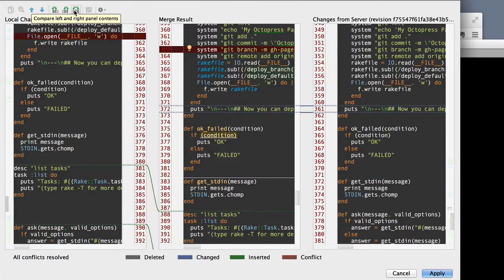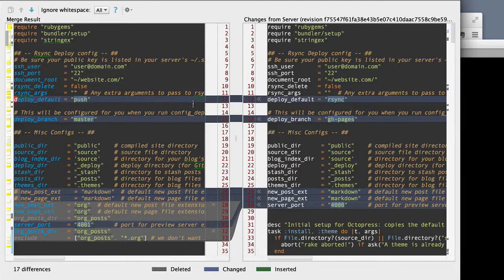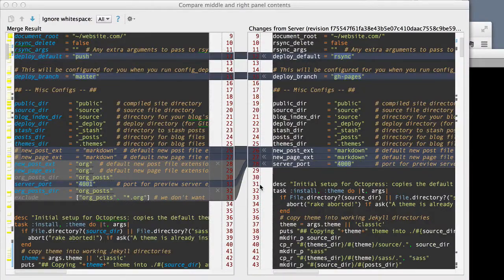And now I'm going to compare the two on the center and the right. So what this says is going to be the difference between the merge result and the changes from the server. So here I can see I'm keeping my changes. Now I'm comparing what's on with the merge result, and I'm comparing the changes from the server. I'll be able to see what I've changed from the defaults versus what the latest code is in the Octopress